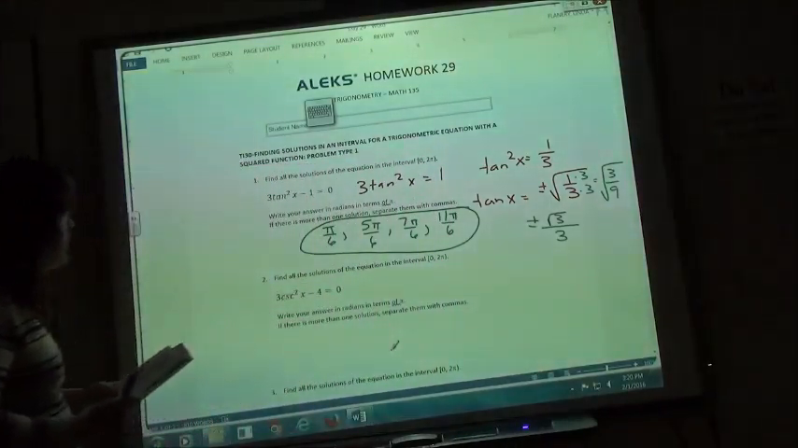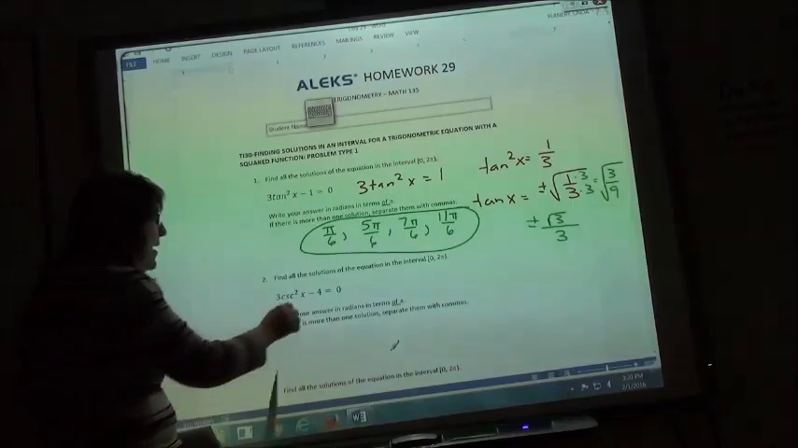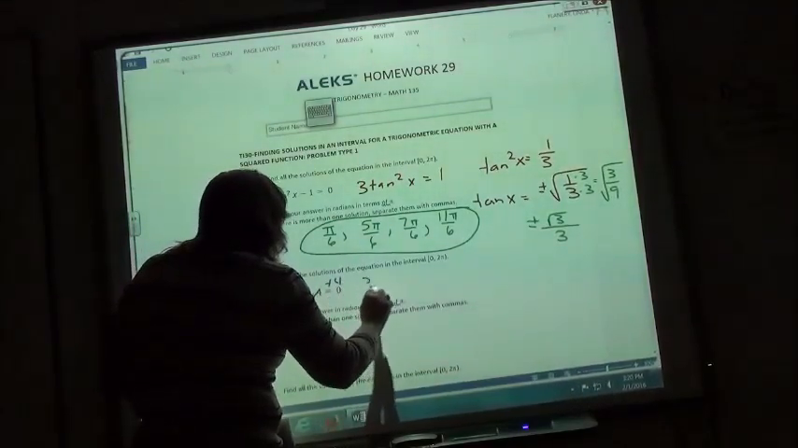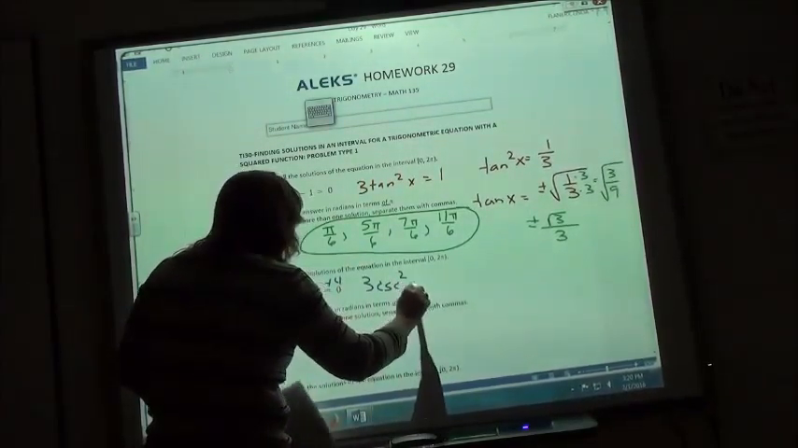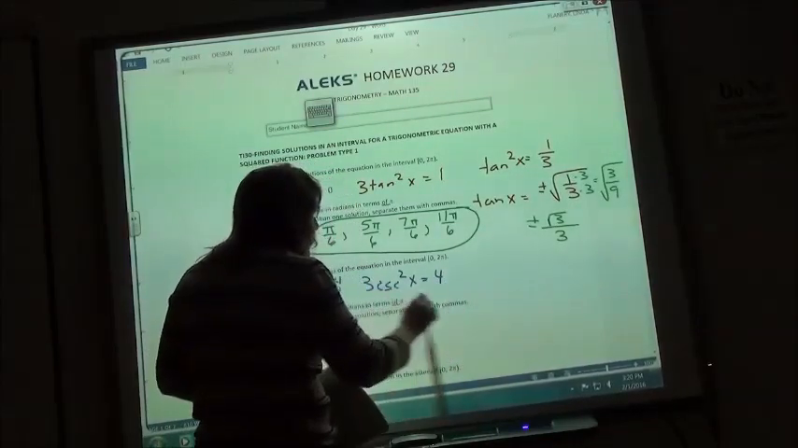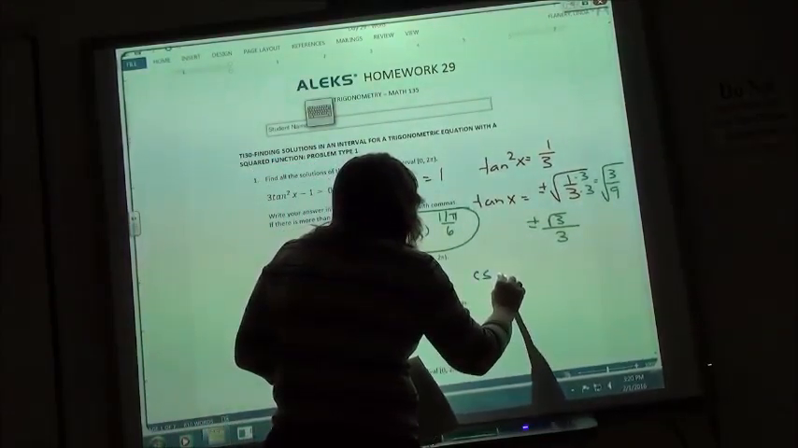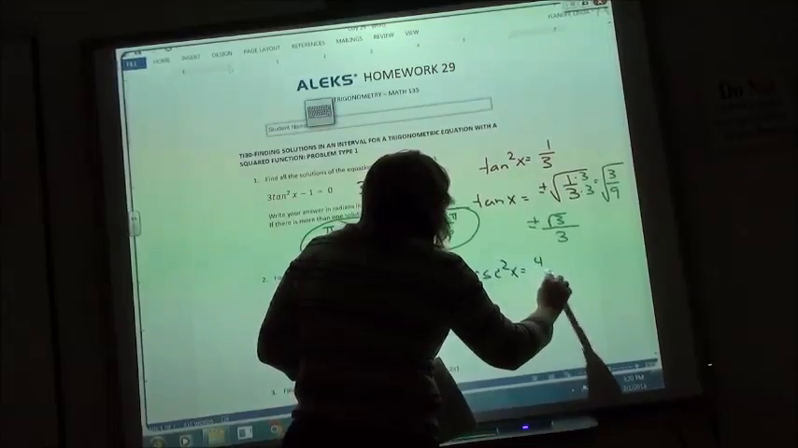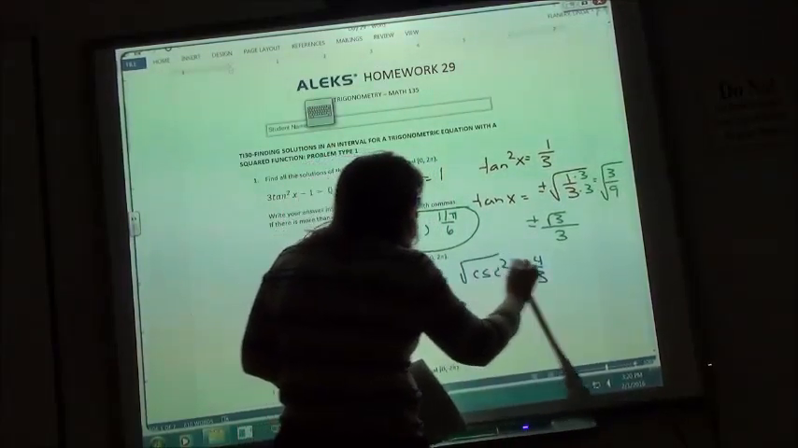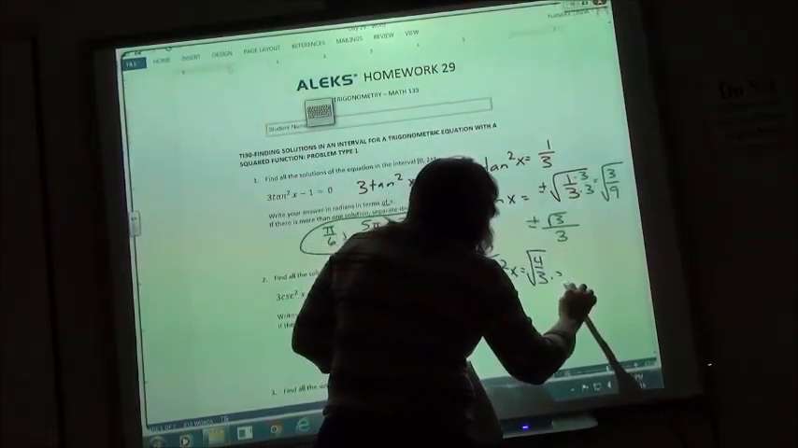Number 2, we are doing cosecant squared of x, same thing. First of all, adding my 4. So 3 cosecant squared of x equals 4. I'm going to divide by my 3. So cosecant squared of x equals 4/3. I then have to do the square root. And if I rationalize that,